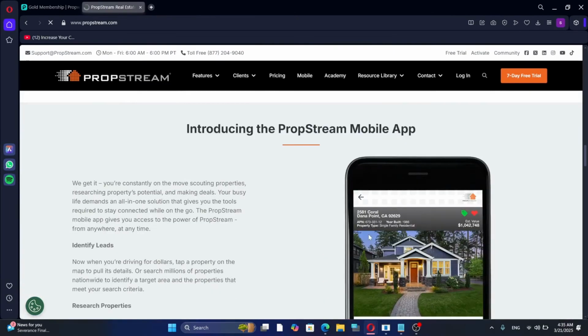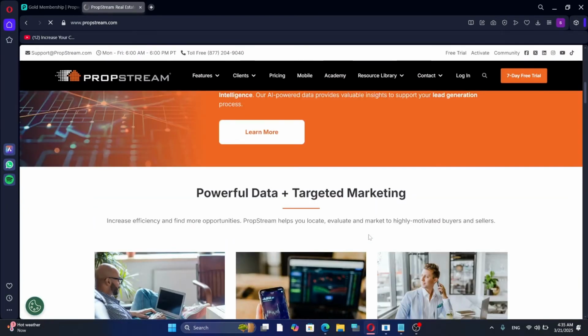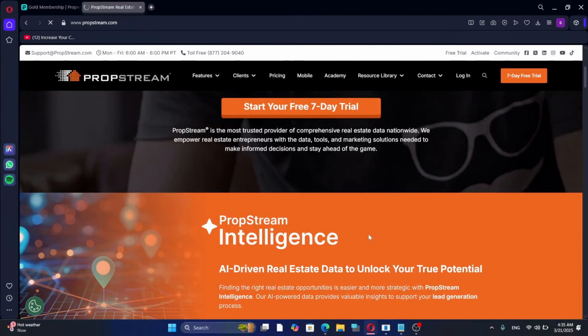One of its key features is the ability to run comparable property analyses, or comps, which help you accurately estimate property values. This is essential when determining the potential profitability of a deal. PropStream also allows you to track mortgage information, liens, and ownership history, giving you a comprehensive view of any property you are researching. These insights can be particularly useful if you are looking to negotiate deals or assess potential risks